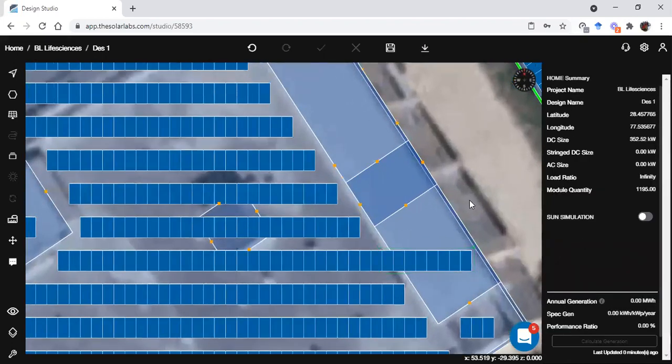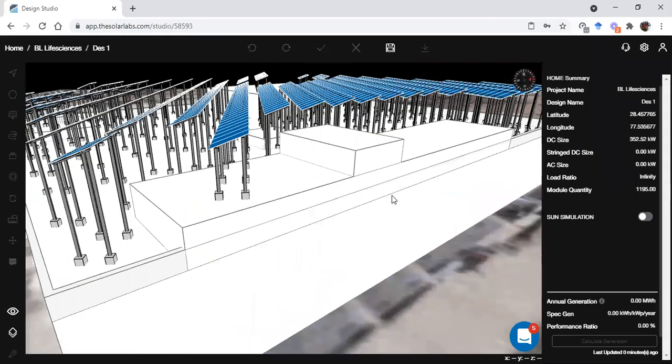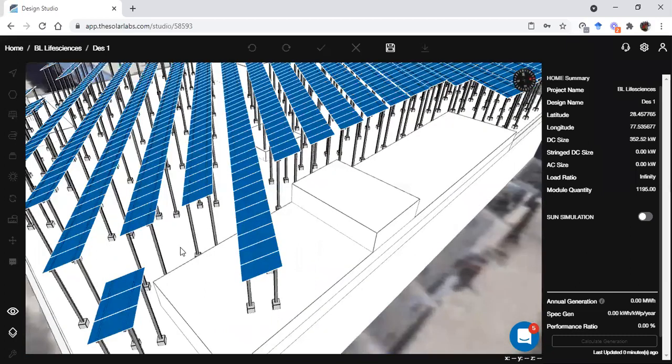If I show it in 3D, like this, we have three different heights here. One is for this roof, second is this mountain, third is this mountain on top of this mountain.